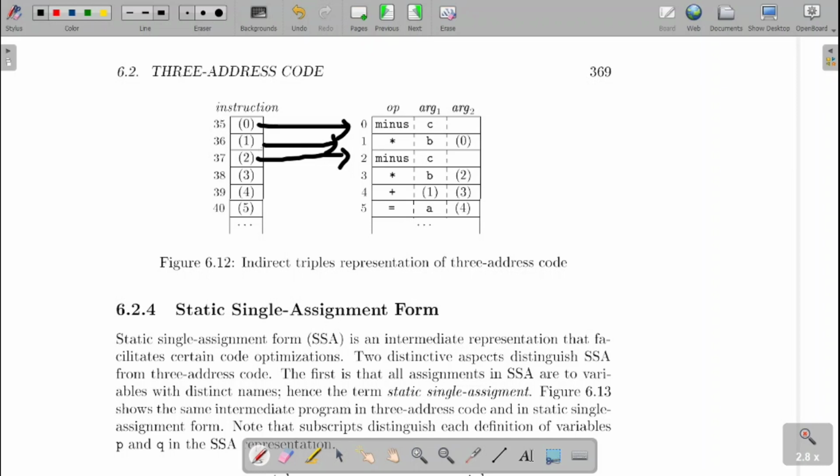So if I want to make any changes, I can make the change for line number 2. I want to make a change. I will make the change in line number 6. That one I will put where line number 2 is needed here. I will put the 6 one. That is, no need to reshuffle the entire table. Just making a minor alteration to the table will yield me the result. That is an advantage of having the indirect triples.